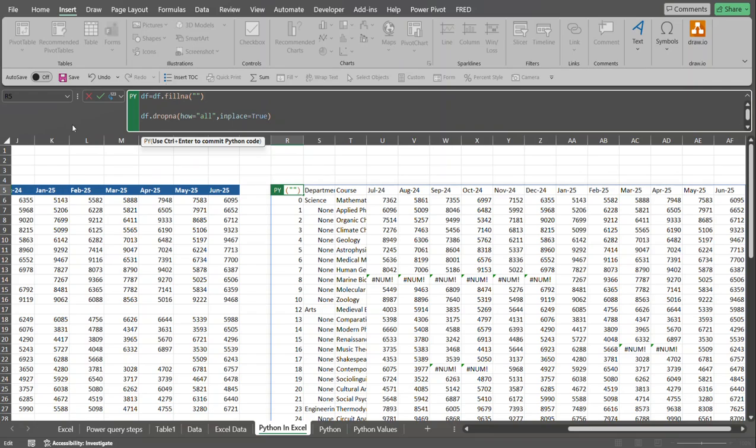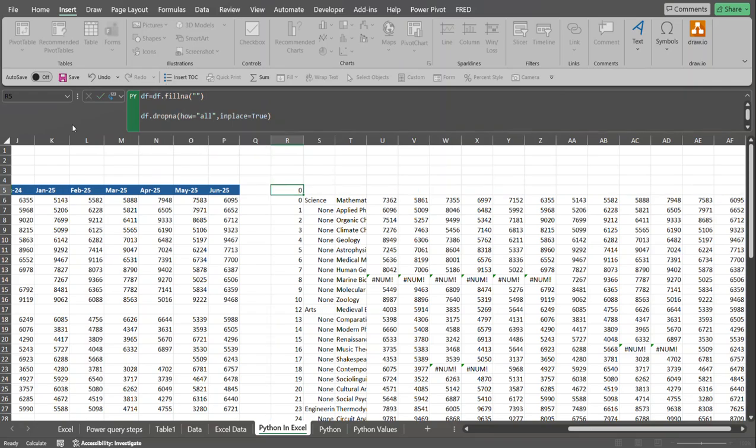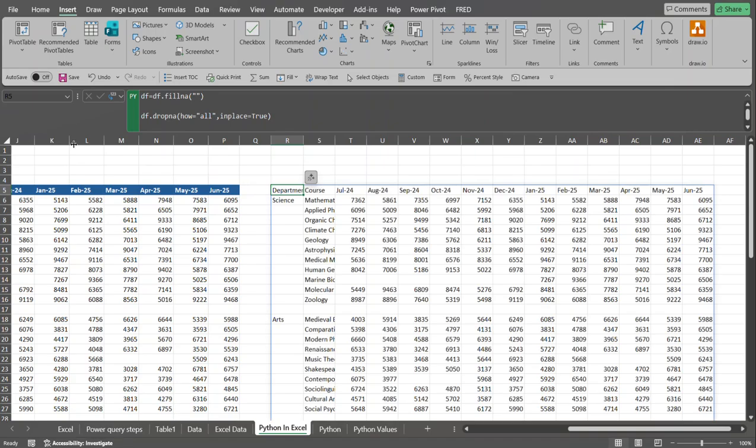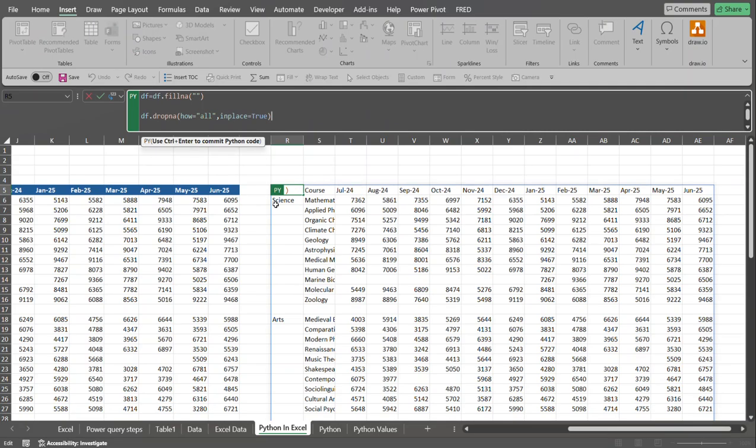And we're just going to do a Control Enter. Okay, so now what you see here, again, by doing that, it did bring back